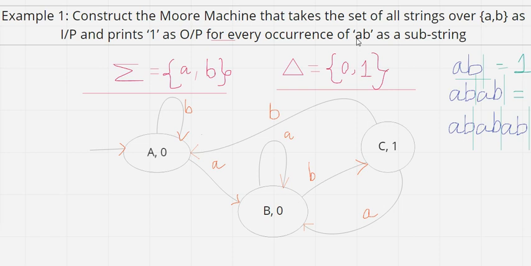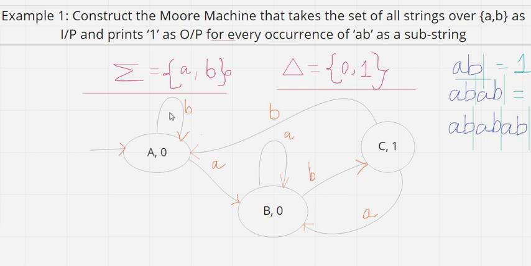You just need to keep in mind how we went from a language to a finite automata. We first check what the restricted part is. The restricted part is that for every occurrence of AB, the output should be 1. Otherwise, it can be any output. So I have taken 0 as the other output. This 0 signifies non-final, non-accepting states, and this 1 represents an accepting state where we have every occurrence of AB only. There is no other occurrence apart from this.